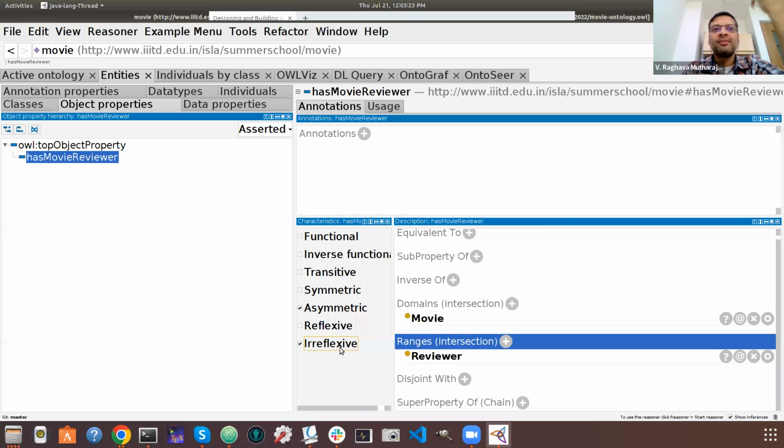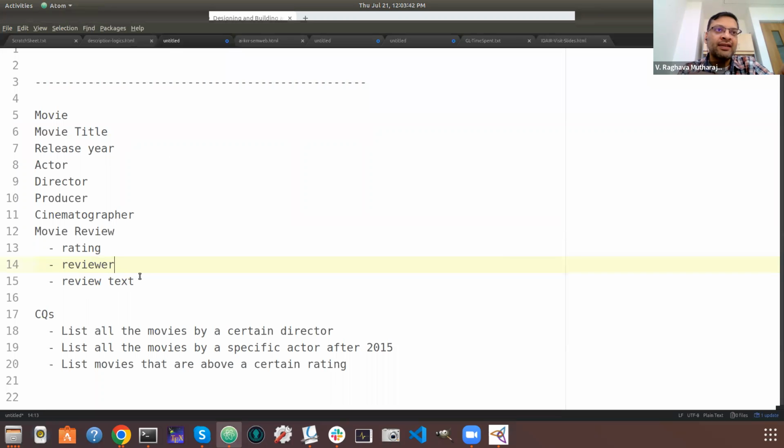So we just have to tick mark it because we have this nice interface, right? So later on, I can open the ontology file in a text editor, and then I can show you the syntax that it follows, right? So it will be similar to the one that we looked at in the slides. Okay, so the other one is review text. This is again a data property because it connects the movie to the